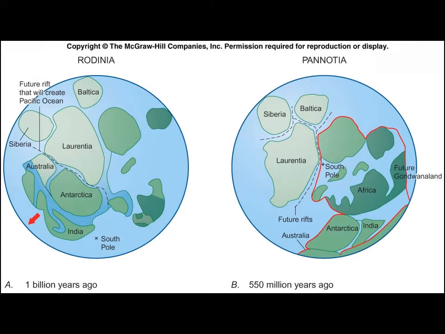You'll see, notice where the South Pole is oriented in both of these images and where the continents are. Laurentia is the name that you're going to be hearing a lot. This is ancestral North America. So what we now call the continent of North America is actually the Laurentian Continent. And notice how from Rodinia to Pangaea, notice where Australia, Antarctica, and India are. They're all still kind of clustered together, and they're sticking around by the South Pole, though that does move north a little bit in Pangaea.